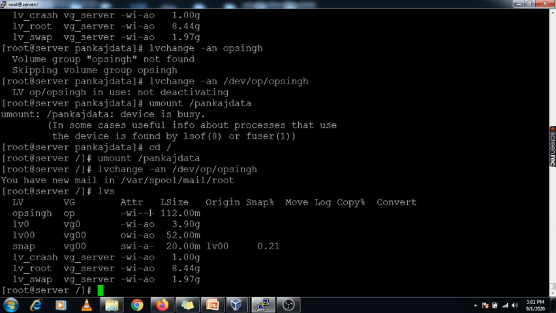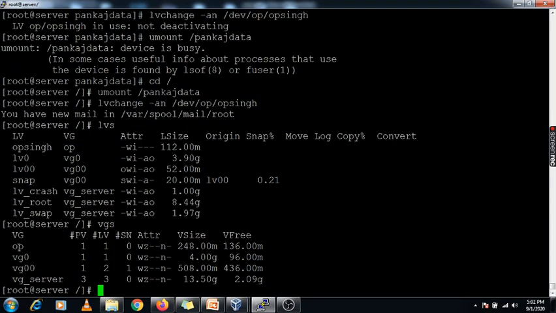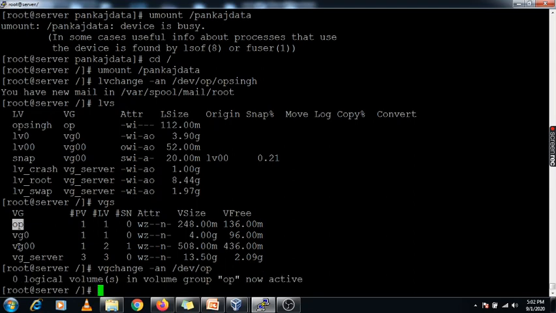Okay. Now I am going to deactivate the VG. Using the vgs command you can check the VG name, that is OP. vgchange space hyphen an and giving this name. You need to specify the full path, slash dev slash OP. This is my VG and now it is deactivated using this command.